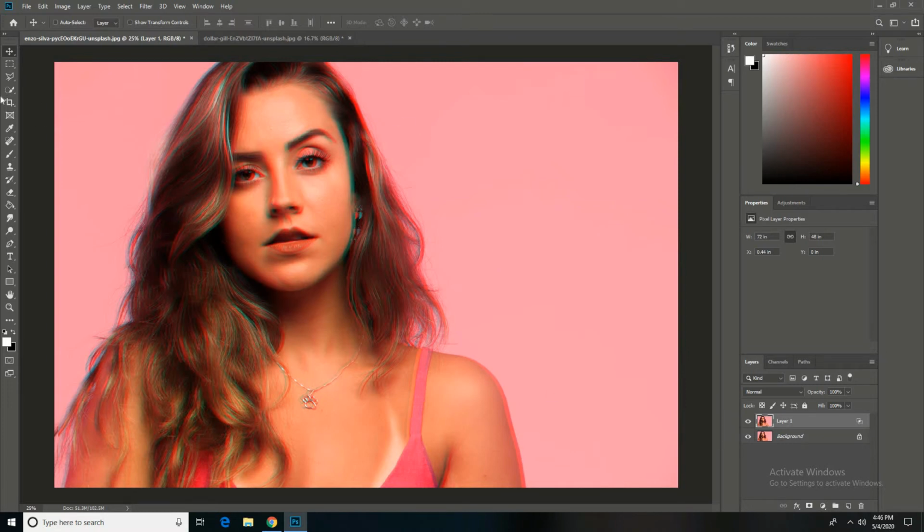So we'll select any selection tool and make this kind of selections. Now we just have to move them like this with the help of move tool. We have to do this process at different places. As you can see, you have to do this in the whole picture to give the image a glitchy effect.